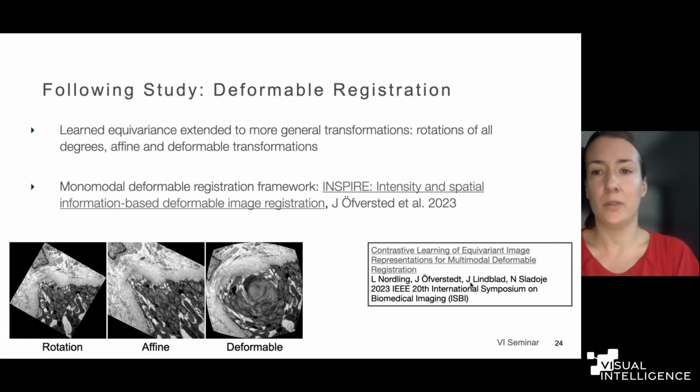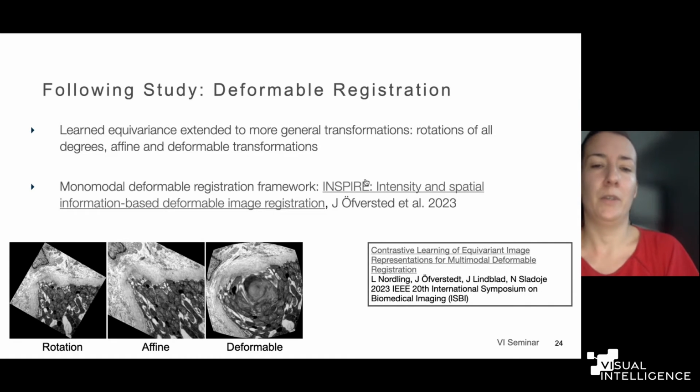So on the one hand, rotations of all degrees, and also affine and deformable transformations. And then use these representations for deformable registration tasks, together with this Inspire framework that is also a